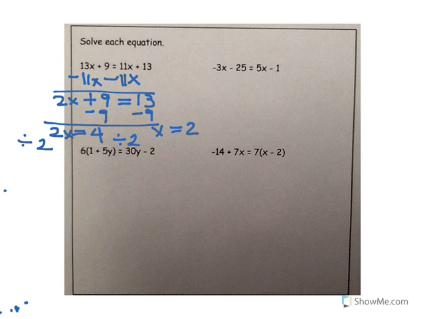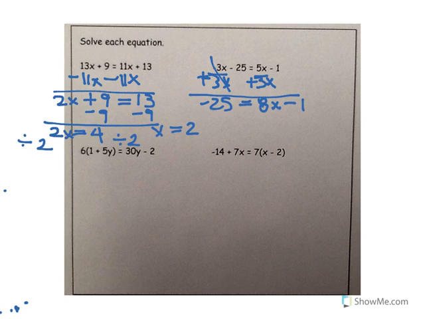For this problem here, same thing. What I've got here is I've got x's on both sides, so I need to move some of those to the other side of the equation. So what I'm going to do is, in this case here, I'm going to add 3x to both sides. When I add 3x to that side, this will cancel out. Add 3x to this side, I'm going to end up with 8x. So it's going to be negative 25 is equal to